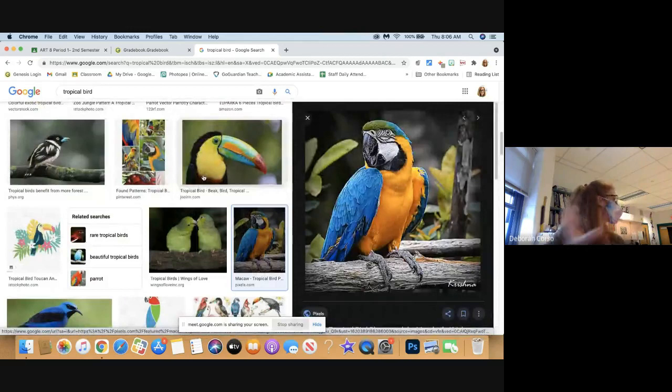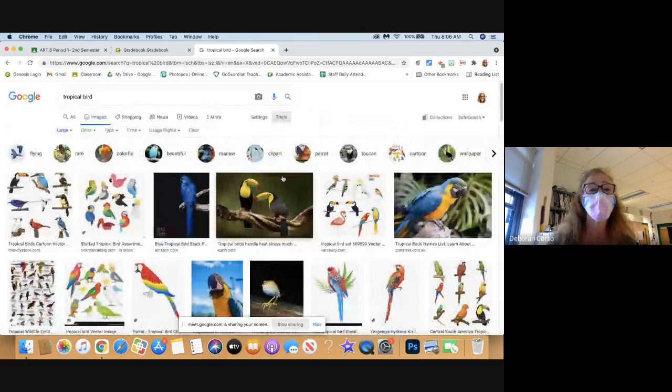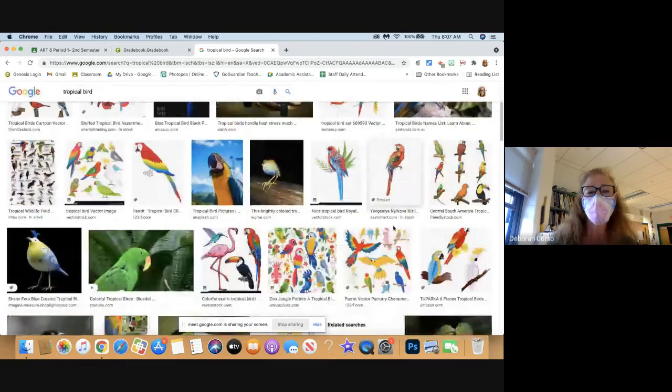I will print out anything that you send to me. So this is a pretty good picture and it's large. You can see on the bottom left-hand side, it says 900 by 900. That's because it is a large image. All of the images, by setting it to tools and setting it to large, all of these images will be